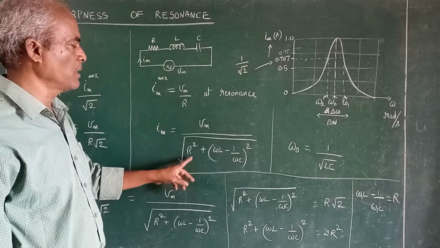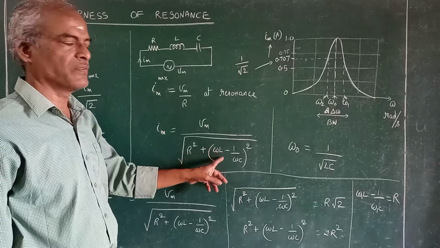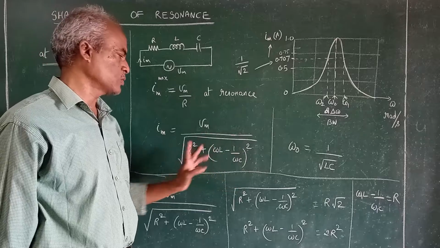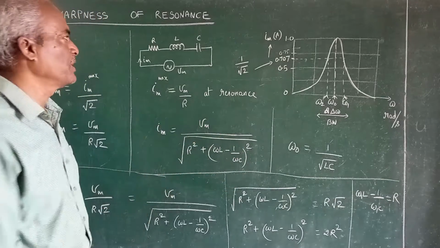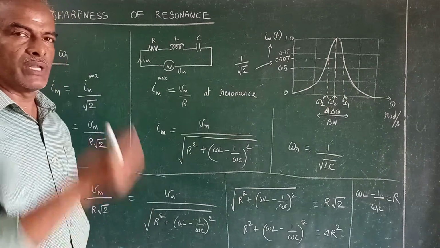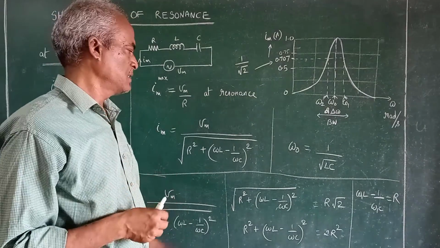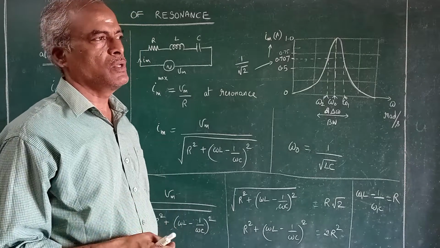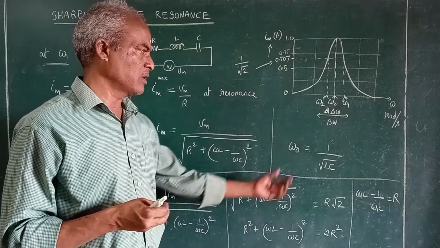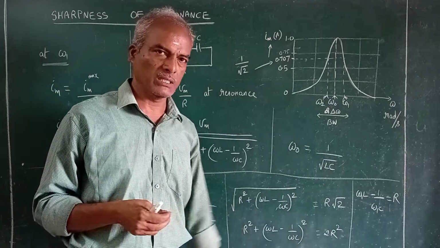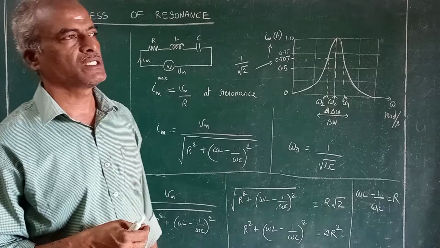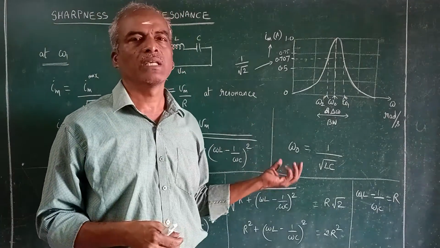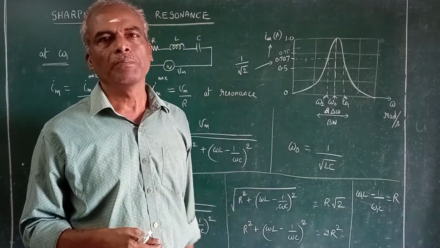The impedance is given by the square root of R square plus (X_L minus X_C) the whole square, which is nothing but omega L minus 1 by omega C. So this is the current flowing in the circuit. To derive the condition for resonance, this term will be 0, that is omega L minus 1 by omega C is equal to 0. We derived this and got the resonant frequency as 1 by root LC, so in terms of frequency, f_r is equal to 1 by 2 pi root LC. The derivation and discussion has been covered in the previous video.